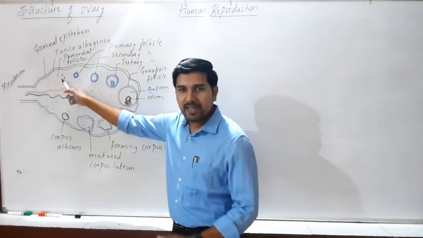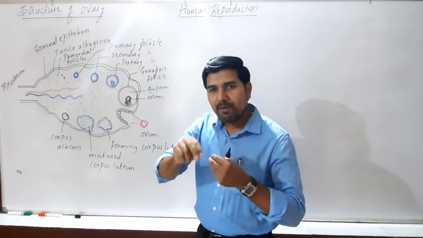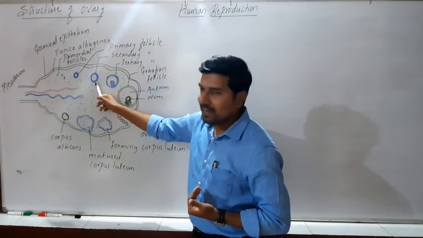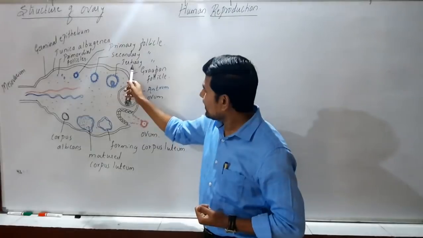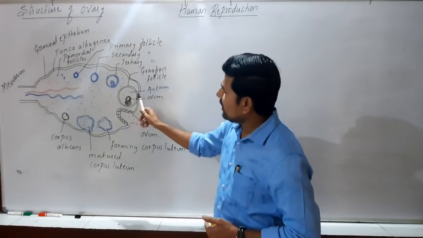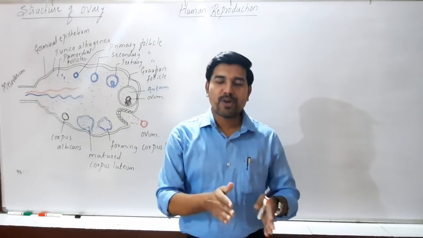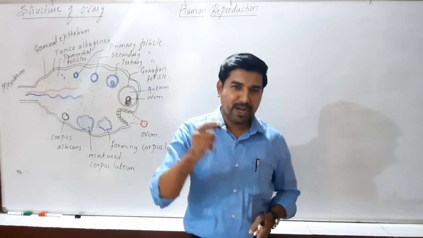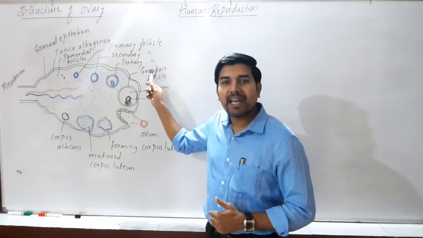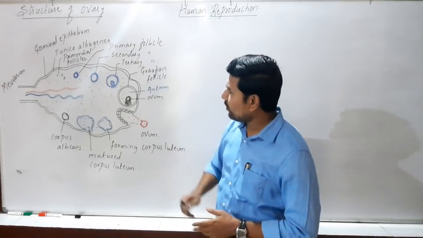These primordial follicles develop into primary follicle with the help of certain layers on the outer layer. It grows into secondary follicle. Again, it grows into tertiary follicle that shows a cavity inside it called an antrum. And finally, this tertiary follicle matures into Graafian follicle. Hence, the matured follicle in the transverse section of the human ovary is a Graafian follicle. This was identified for the first time by a person named Graaf, and hence the name Graafian follicle. Graafian follicle is the matured follicle.